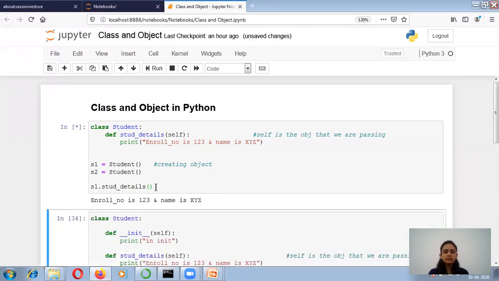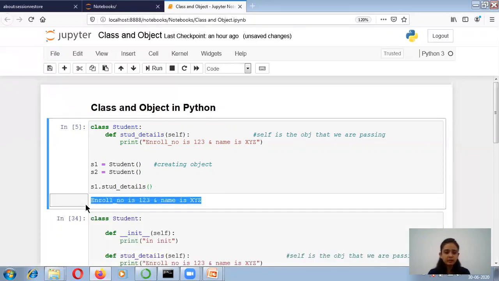So if I now run this program, I am getting the output as enrollment number is 123 and name is xyz. It means I have created the object, and with the help of the object I am calling this function. My control goes inside the function and it prints my statement, that is enrollment number is 123 and name is xyz.